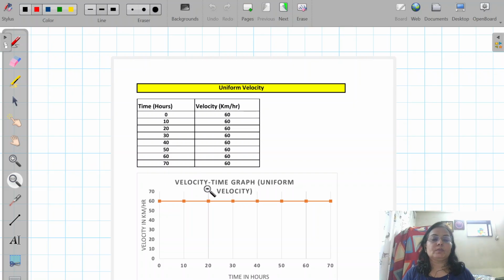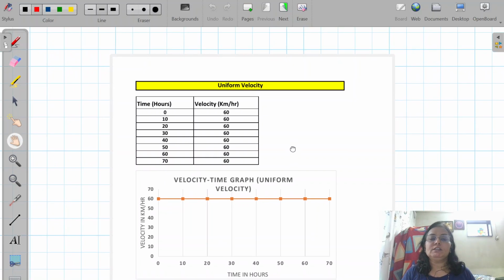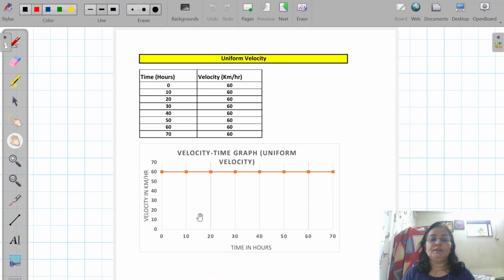So the velocity is constant. So if we plot a graph between velocity and time, we see that velocity is constant, that is 60 at every 10 hours. This is uniform velocity or constant velocity. Now, can you tell me